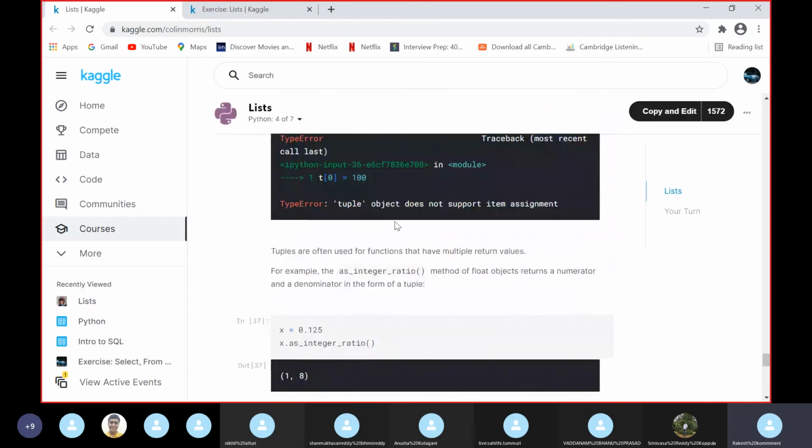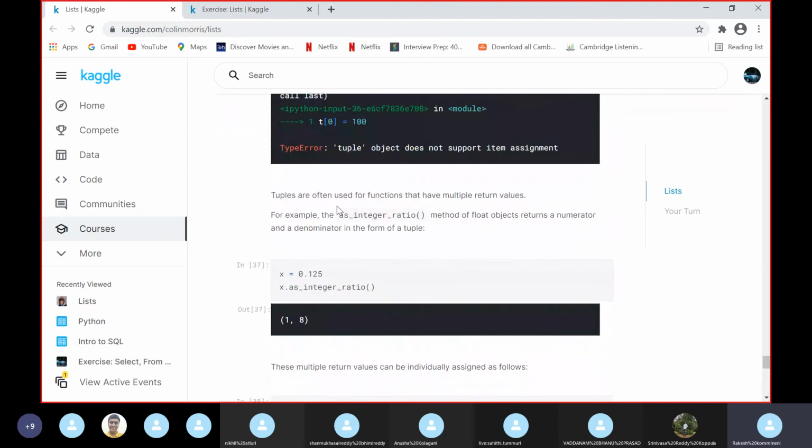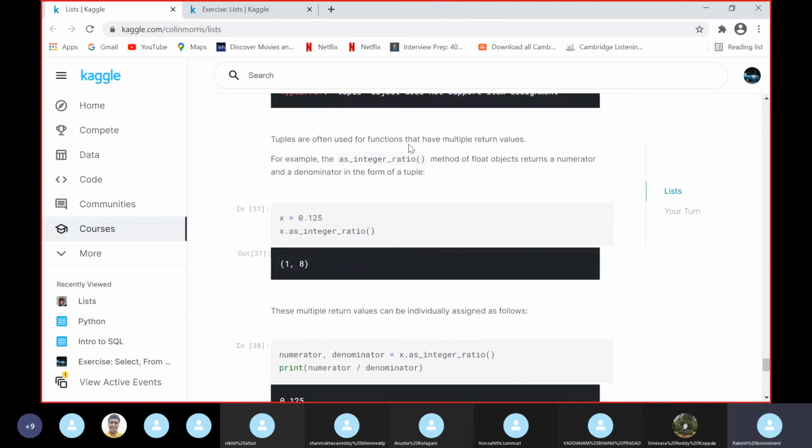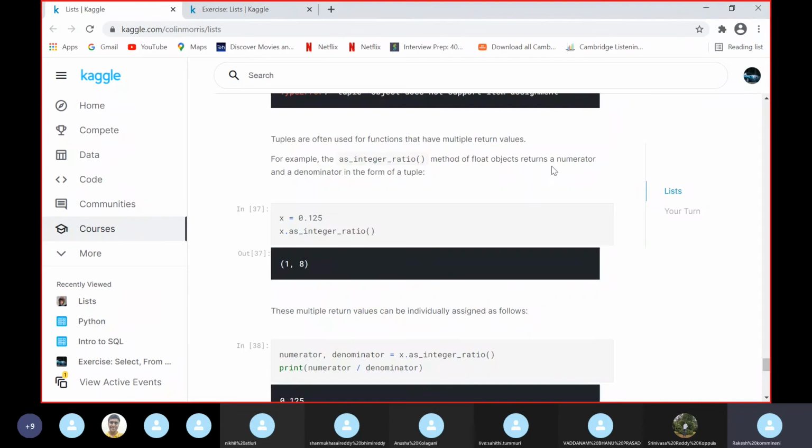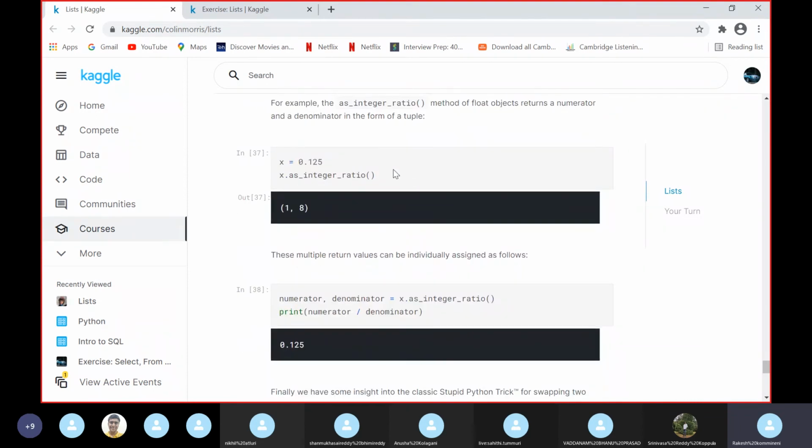And tuples are often used for functions that have multiple return values. For example, as_integer_ratio is a method of the float object that returns a numerator and a denominator in the form of a tuple. Here is an example.